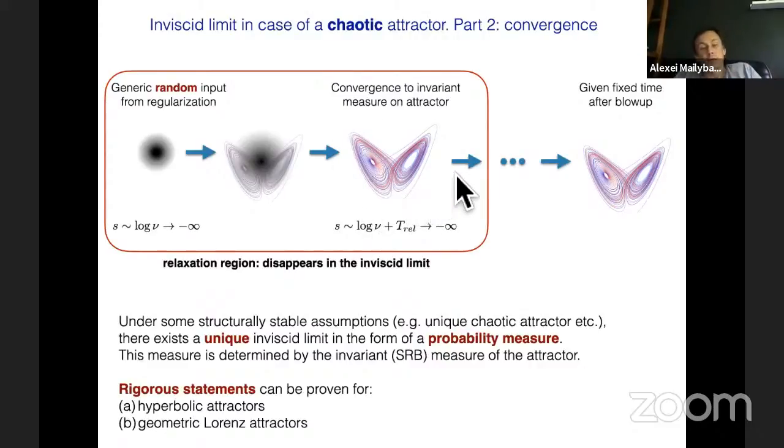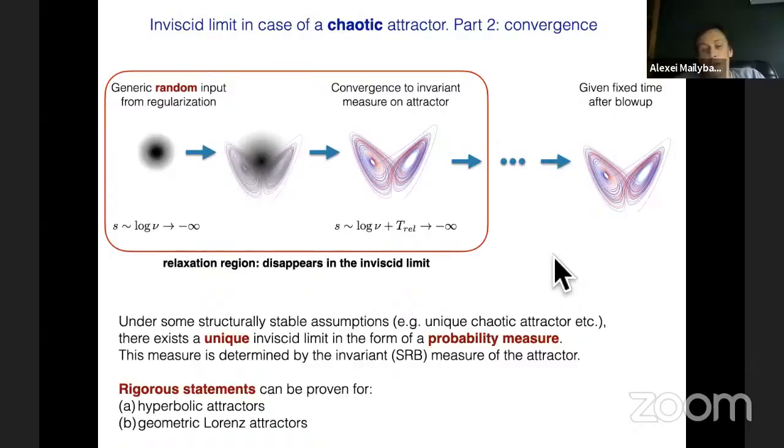And what is important is, as we shrink this new ball to zero, all this region that corresponds to the convergence goes to the far past, and at each fixed time, the angular part of your system corresponds to just the probability distribution of the attractor. So this is the picture. I will show you the movie, so you can probably feel it better.